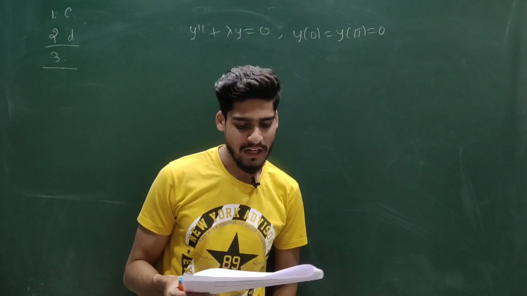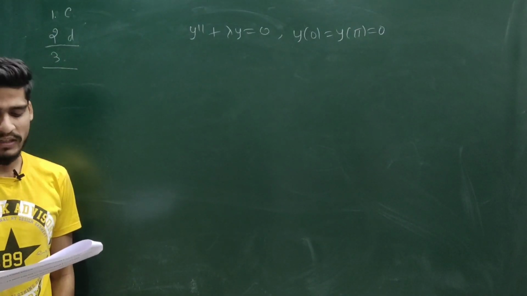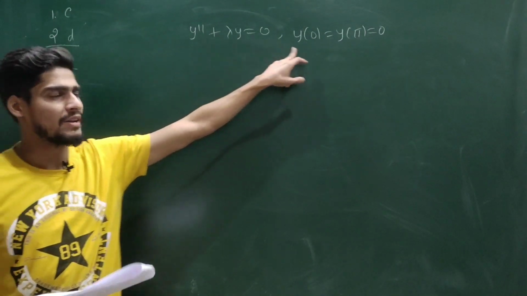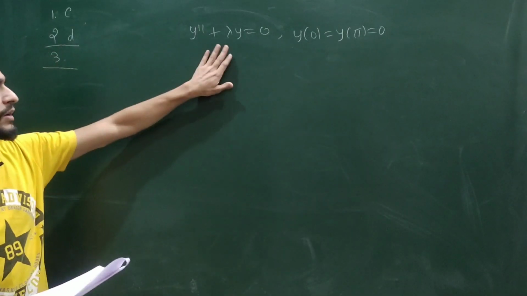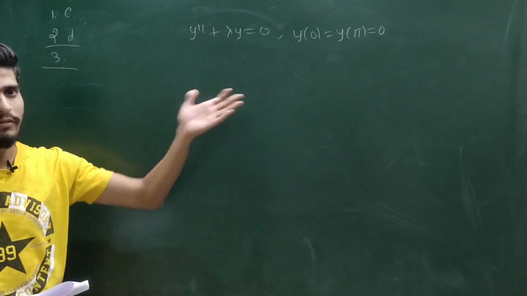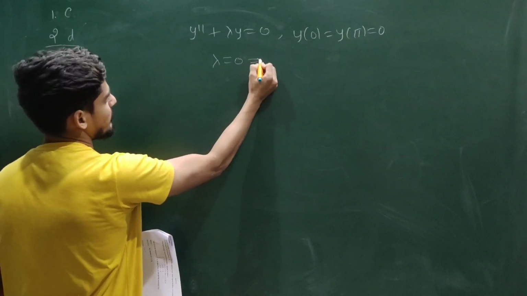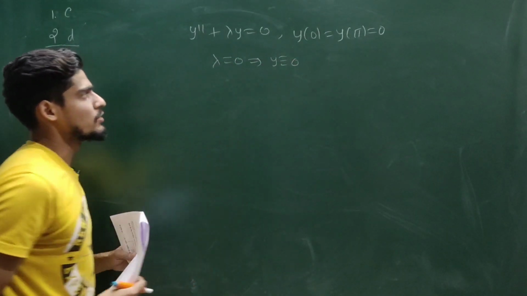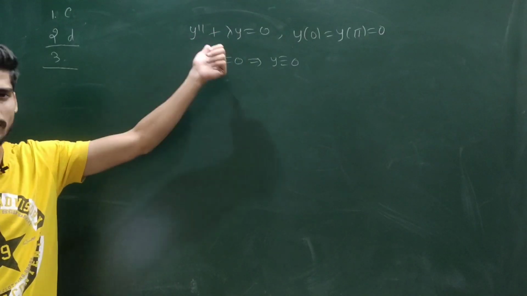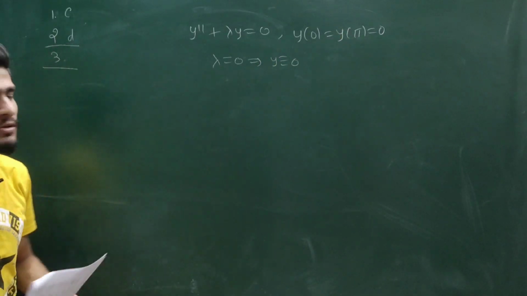The following 2 point boundary value problem has a trivial solution y is equal to 0. It also has a non-trivial solution for. So clearly y is equal to 0 will satisfy this problem as well as the boundary conditions. So we have to find the non-trivial solution, or the condition on lambda for which the non-trivial solution exists. Can I take lambda to be 0? If lambda is 0, I will get y identically 0. Because if lambda is 0, then I will have y'' = 0. Then integrate 2 times, your y will be c1 x plus c2. After putting these conditions, your c1 and c2 both will be 0.